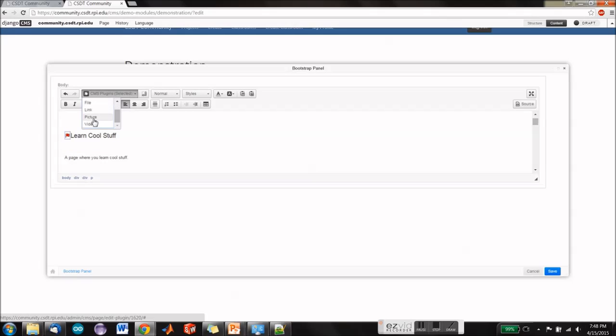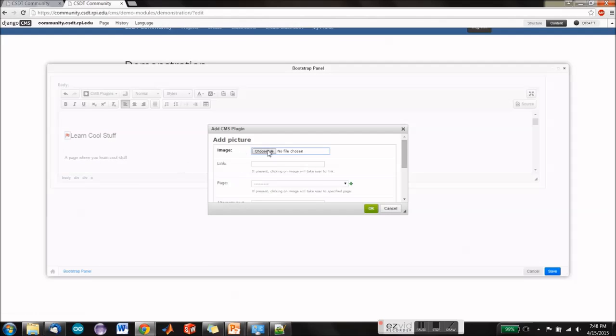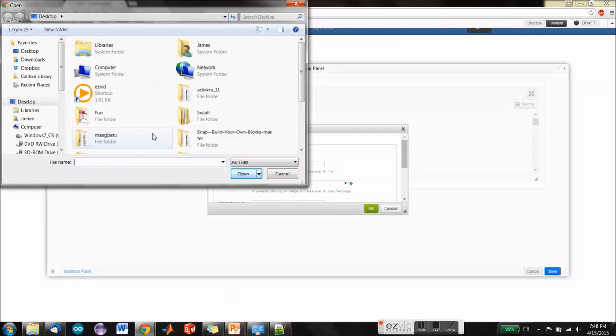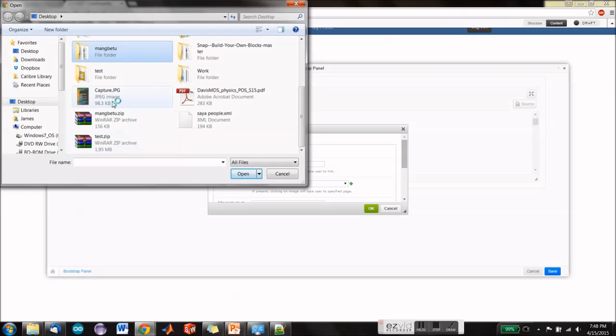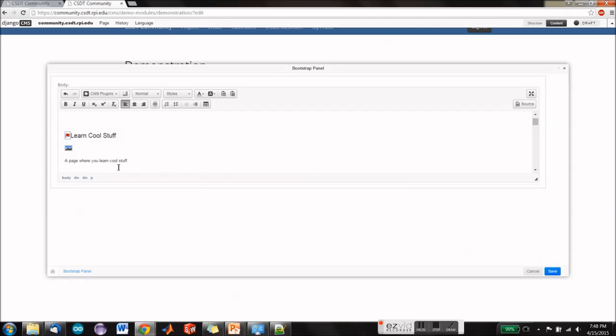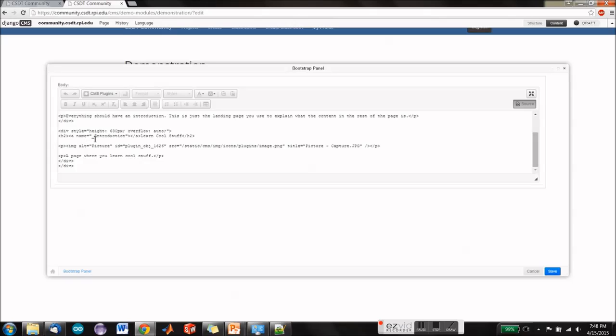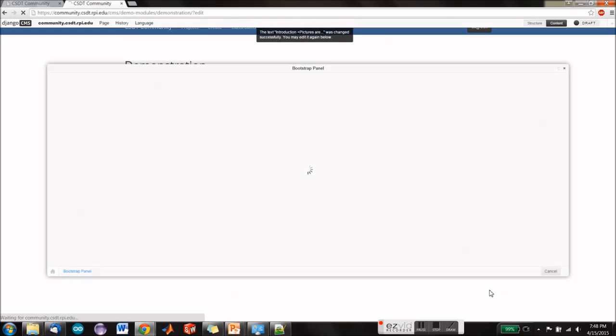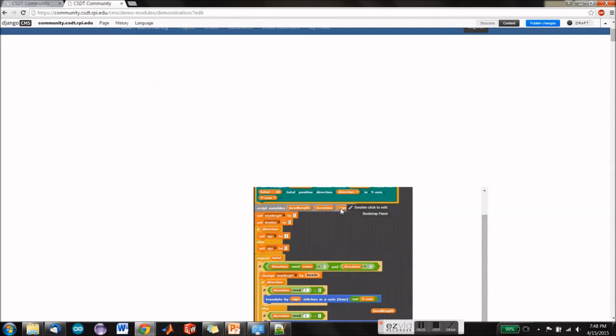Then we're going to go ahead and add some pictures to it, because this really adds a lot to our page. I'm just going to select the first thing that's on my desktop. Yeah, capture. There we go. You can tell that this is a picture and that it worked because there's that little image icon. But we also need to change the anchor of this section to be the same as the name here. So we clicked on source code and then we're just changing that to be the same thing as the link. All right, so once we save this,